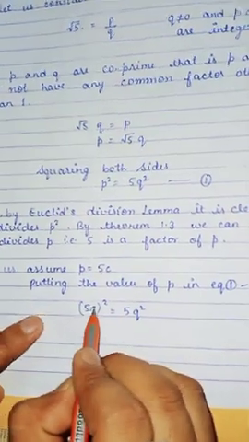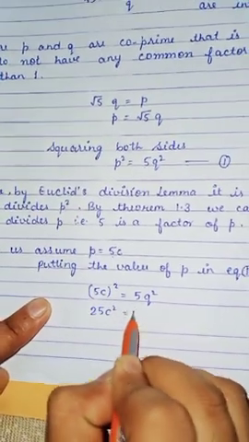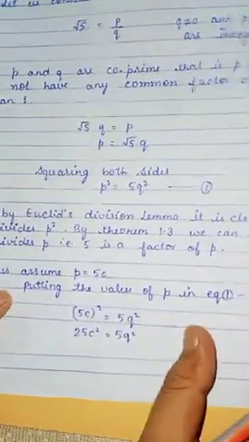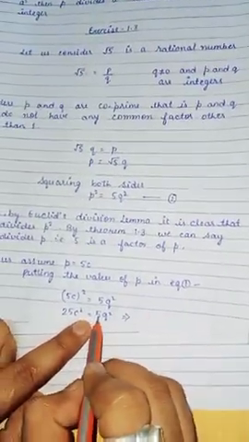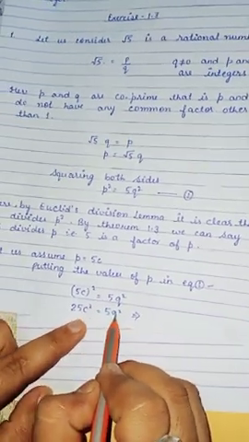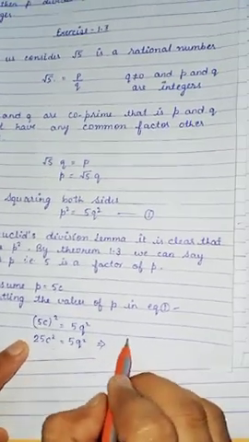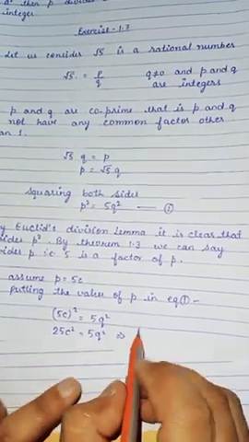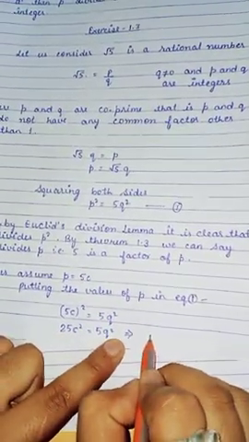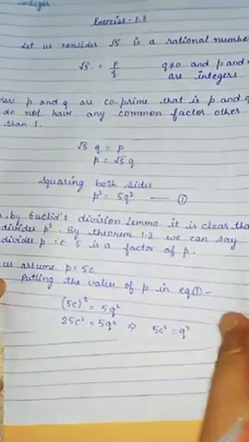Okay, now what is the square of 5? It will be 25. And what is the square of C? It will be C square. And here it will be 5Q square. Is that okay? So now 5 is in the multiplication in right hand side and it will go in the division in the left hand side. So it will give you 25 upon 5. Okay, so 5 5s are 25, that is 5 times it will cancel the 25. Okay, so it will become 5C square is equals to Q square.